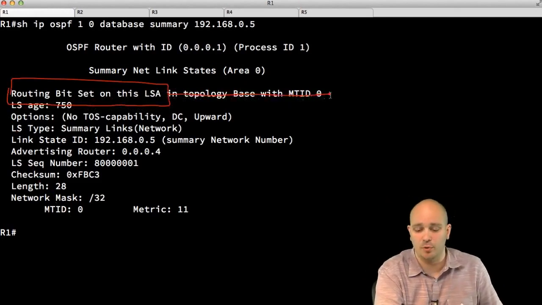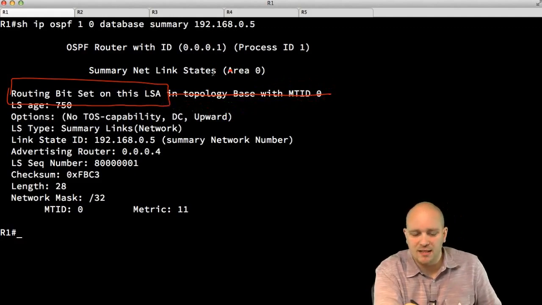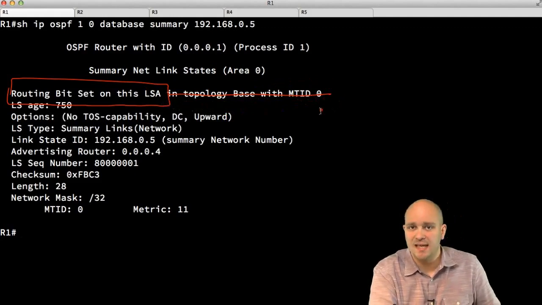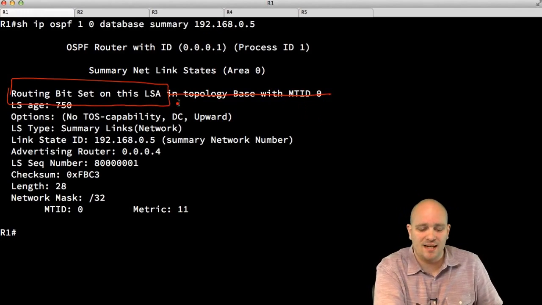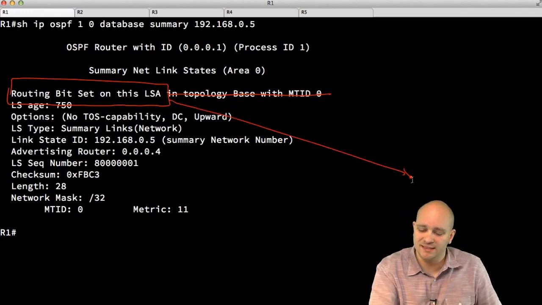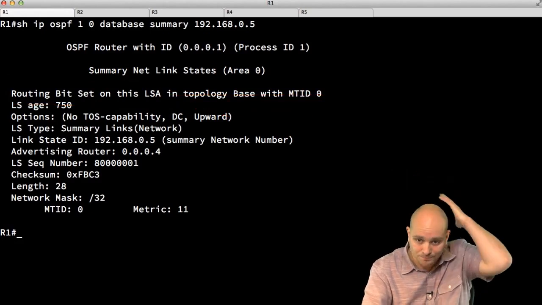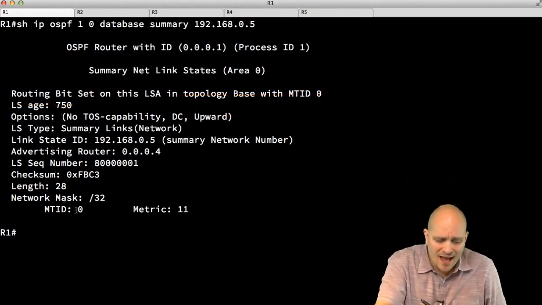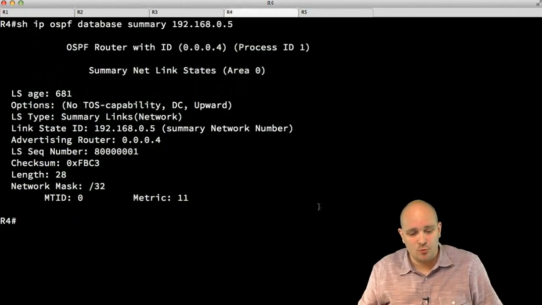You can ignore this topology base here because this is, again, added in relatively recent versions of IOS as support for something that Cisco calls the MTR, or the multi-topology routing. This is not something of concern for us at this stage of learning. So routing bit set on this LSA simply means that OSPF thinks that this prefix should go into the routing table here. So now we can see that this LSA here is absolutely the same as the one that was